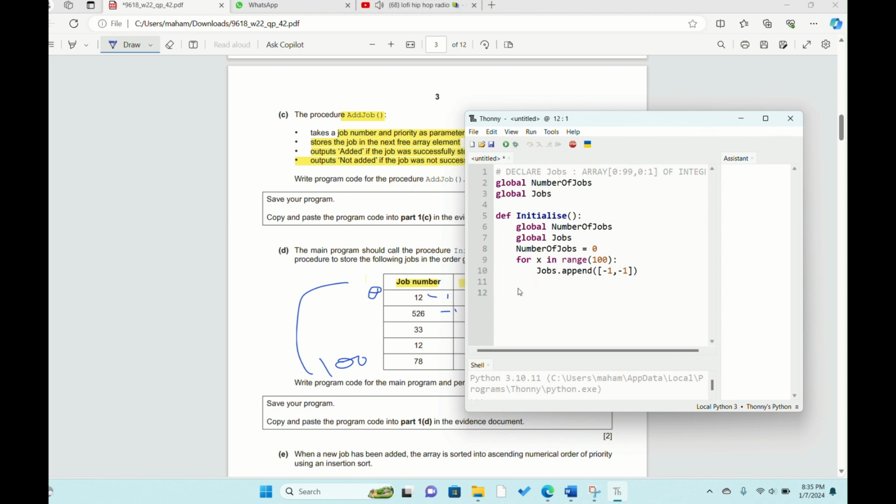So you just have to go through the instructions and you write def add job. Oh, sorry, I forgot the parameters. So you have job number. Oh, so we have number of jobs. Yeah, job number was number of jobs initially. Oh wait, no. So no, number of jobs. Okay, I'm just doing it the first time, so I got confused. But anyways,